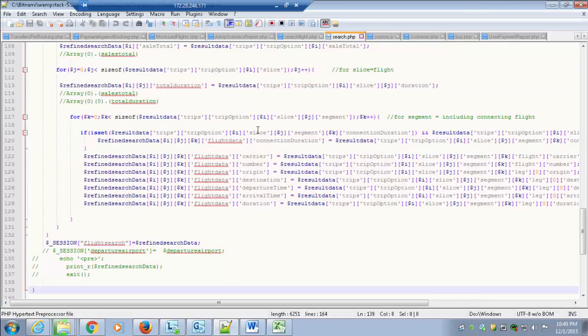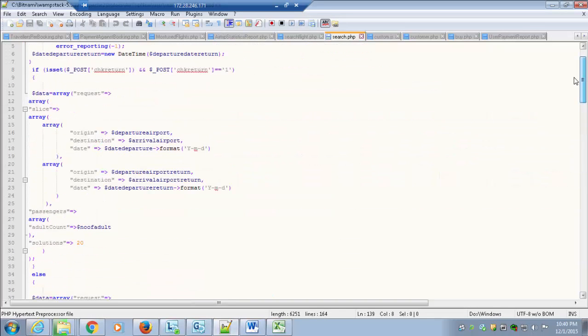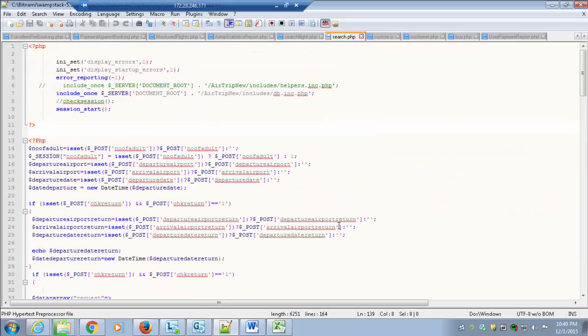Now out here, this was the most challenging part for us because the Google API accepts input in the form of JSON and gives the response back in terms of JSON. So we had to decode the JSON into a PHP array.